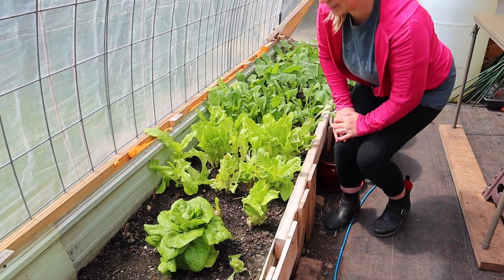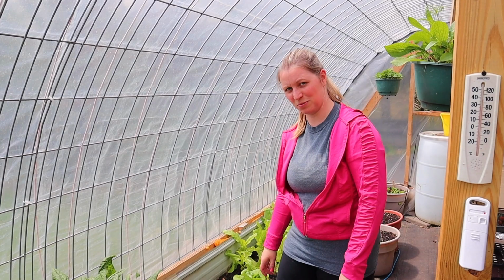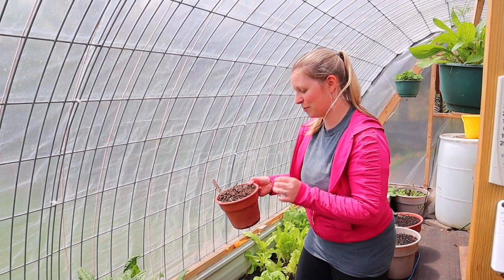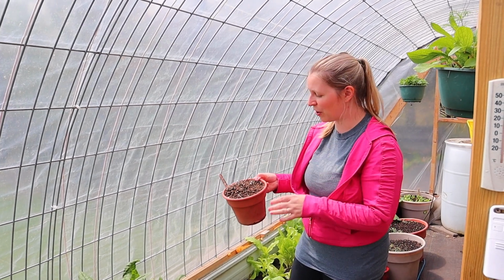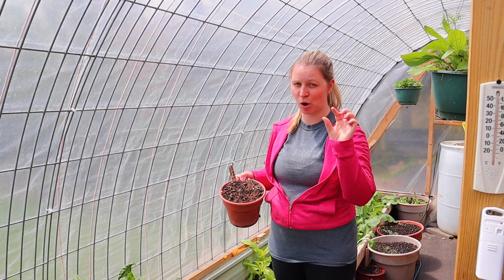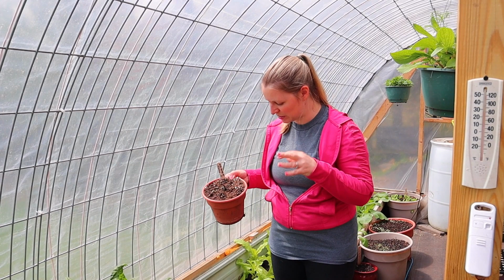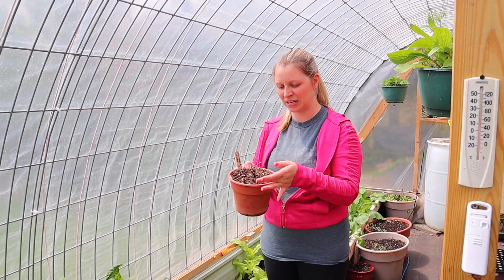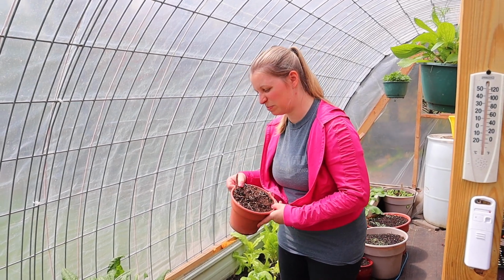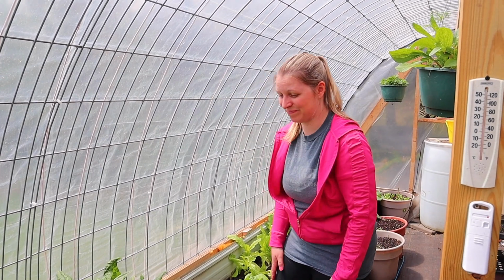It's just so pretty. We had a bit of a snafu. What's the word I'm looking for? Fail. A bit of a failure. So in the house, I had bought a couple hardy kiwi plants, which we haven't actually tried before. They're supposed to be like a small grape-like fruit, and I forgot about them. By the time I finally got them out here and got them planted, the leaves were kind of dying, and I think they're goners. But we've just been leaving them in here, watering them this week, hoping that maybe they'll take off, and if they don't,